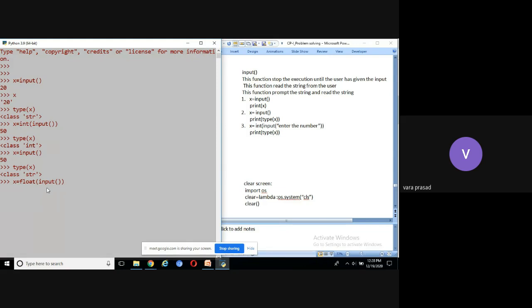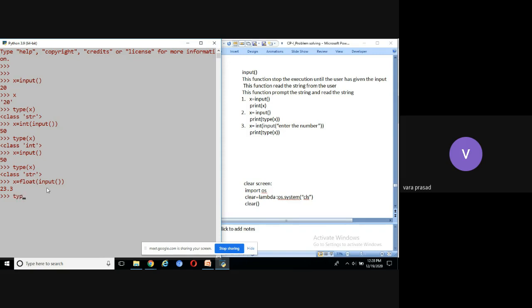That value is stored into x. Now press enter. I'm going to enter one value, 23.3. It will take 23.3 as a string, then the float function converts 23.3 to float. That value is stored into x. Now the value of x equals 23.3.